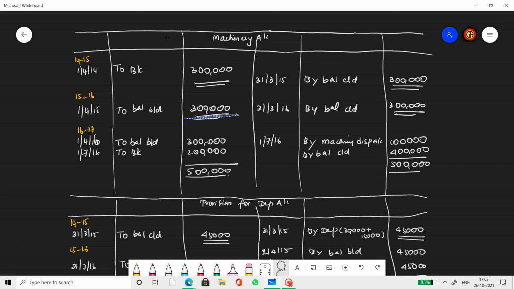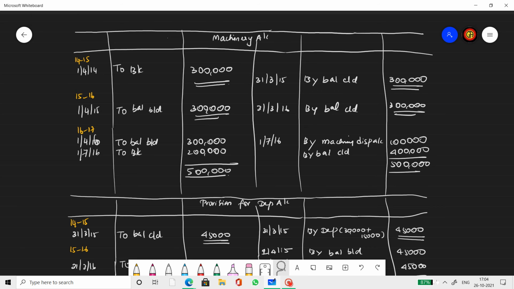Mind you, we're preparing sums where depreciation is recorded separately in an account called provision for depreciation account. Therefore, the asset will be shown only at the cost price. That is why there is no depreciation recorded in the machinery account. So the closing balance forms the opening balance of the next year. In the next year, nothing much is happening. No purchase, no sale. So this becomes the closing balance also. Hence, we step into the third year. Third year opening balance is 3 lakh. In the third year, there is a purchase and there is a sale also.